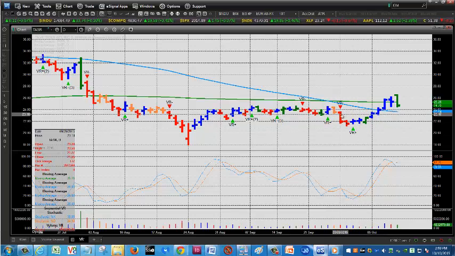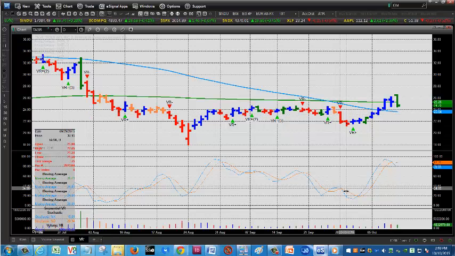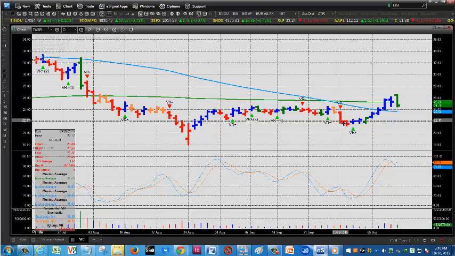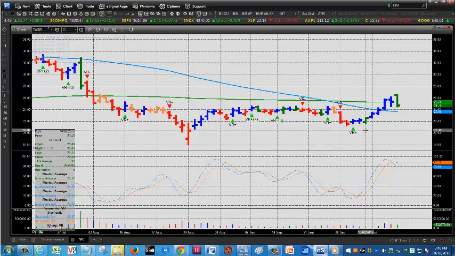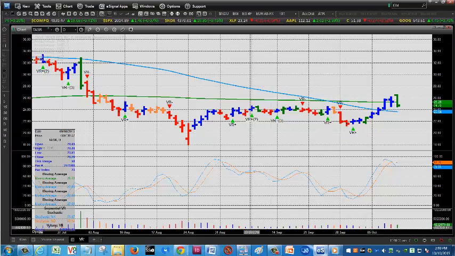You can see here just prior to it there was a quick 1-day trade with a negative VR with a declining stochastic just prior to that event. So we were just looking for a trade, and the VR came in and the market looked like it was setting up for a rally, and we were looking for a trading opportunity. I think the stock has a lot more potential than this, but again, that was just a very quick trade for us. So I just want to bring those two to your attention and how I utilize the VR